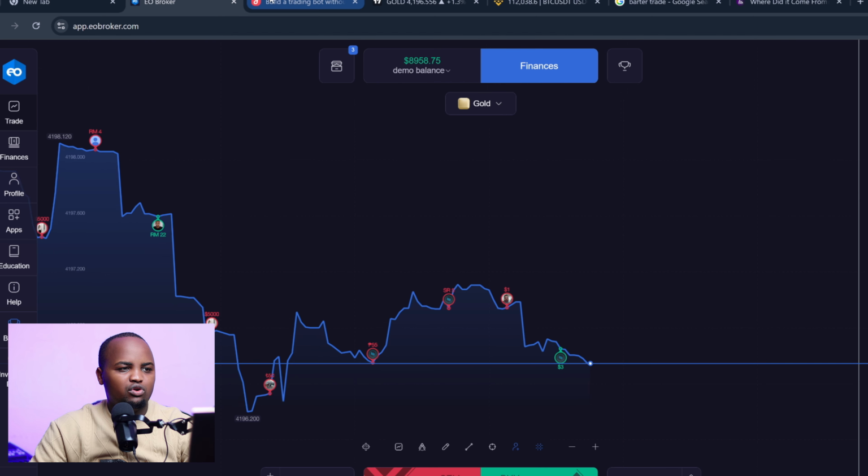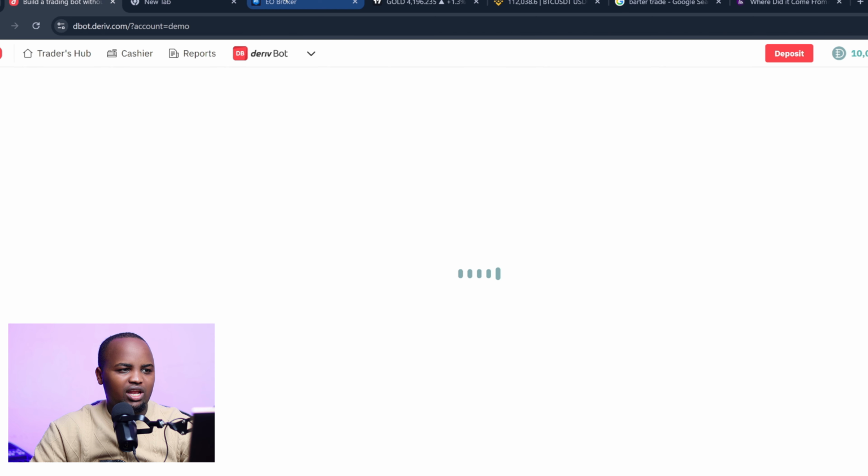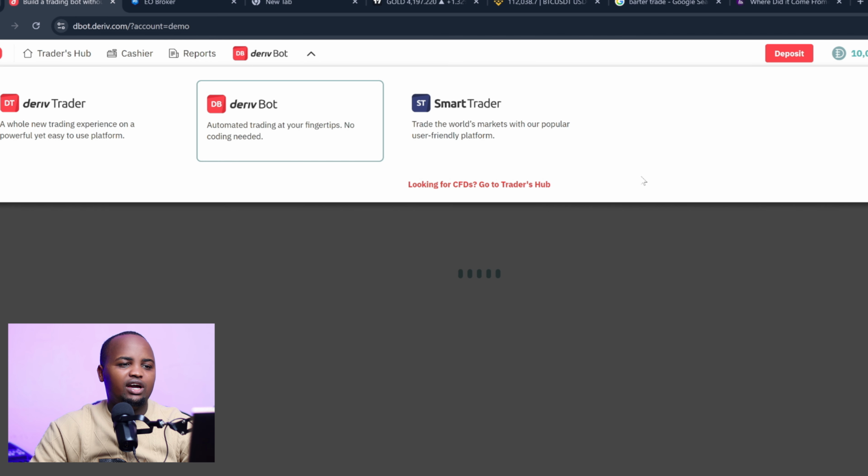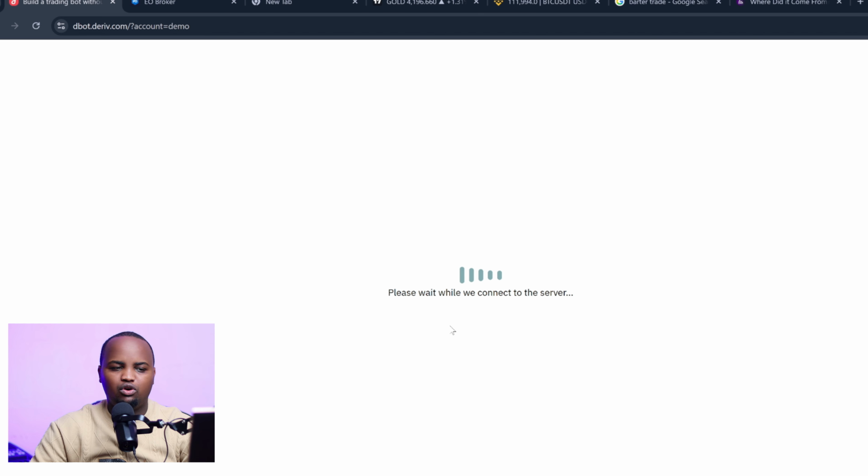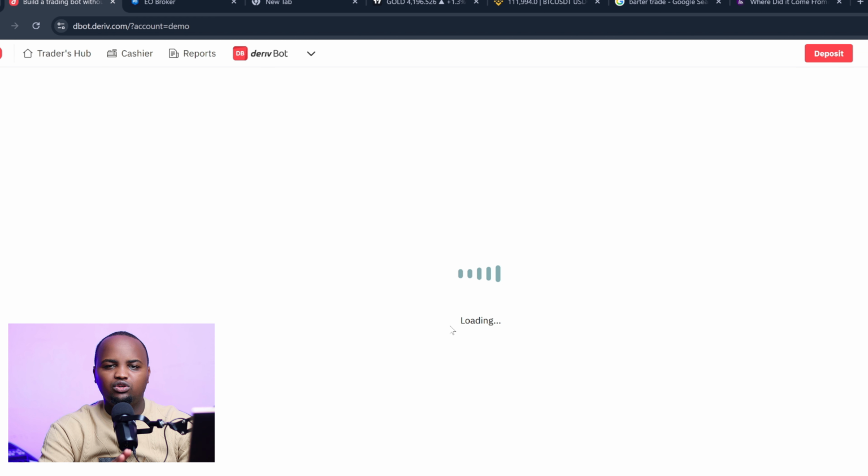Another platform you can go to that has binary, as well as forex, is the one where you are going to hear about derivatives. So many people are hearing about the derivative. Here you can absolutely use what people normally call a bot. Like you import a bot, it's going to trade for you, and it's actually going to trade for you.